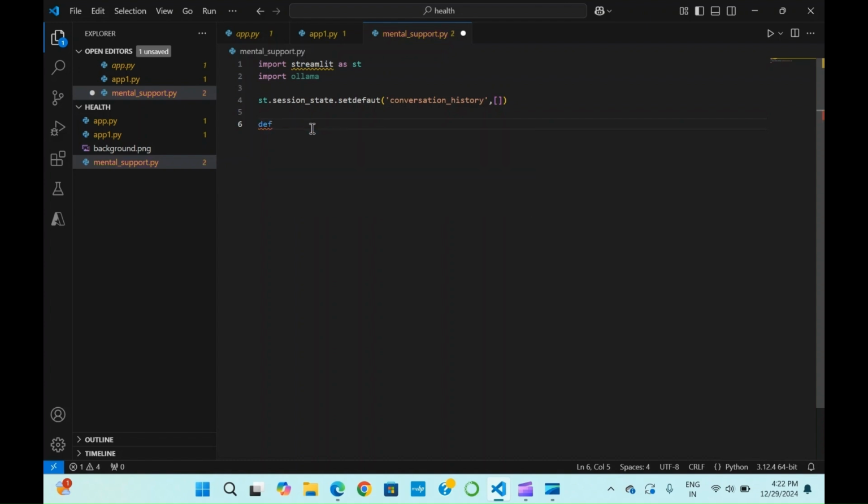Then we'll create our function to generate the response. So we'll name it def generate_response, and provide user_input as an input. Okay. Now we'll have to use our session state, so that it will store the conversation history. So we'll use conversation_history, then we'll append a dictionary with role, we'll use user, then we'll create another key-value pair, content, which will be